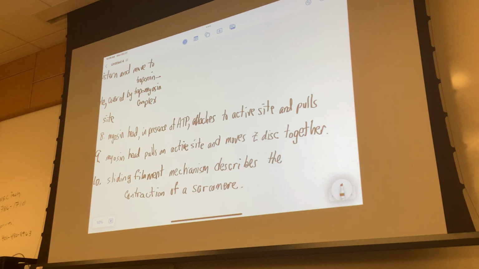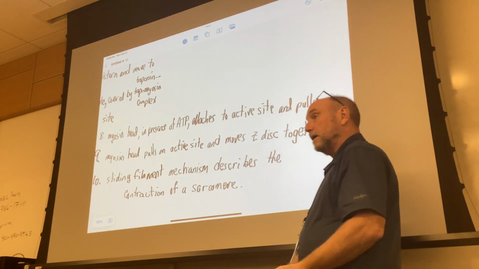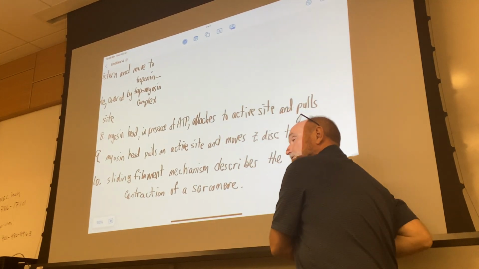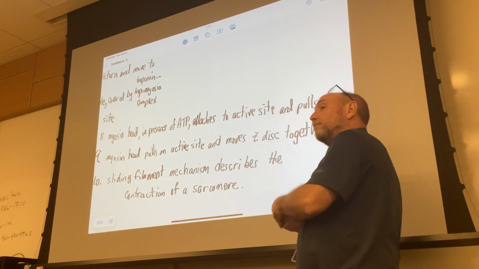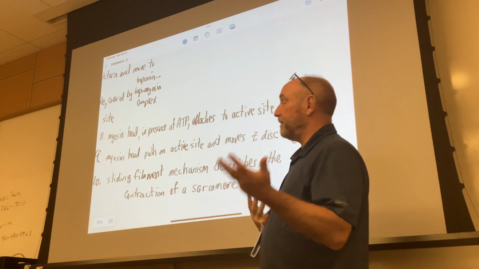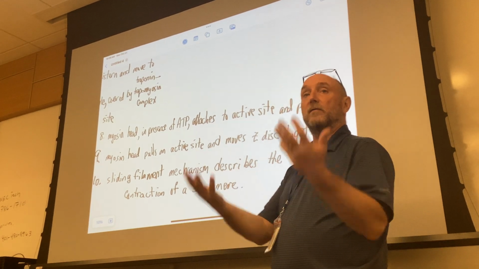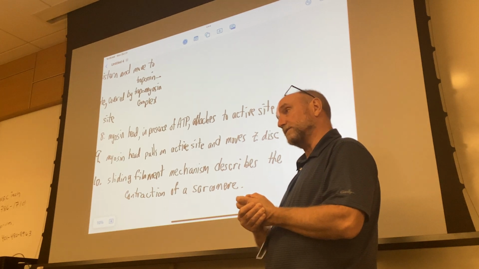The idea here, the sliding filament mechanism, describes the contraction of a sarcomere. When myosin pulls on actin, myosin can't grab something, but when it grabs it, it pulls it as hard as it can and pulls it as far as it can. The more myofibrils you incorporate,